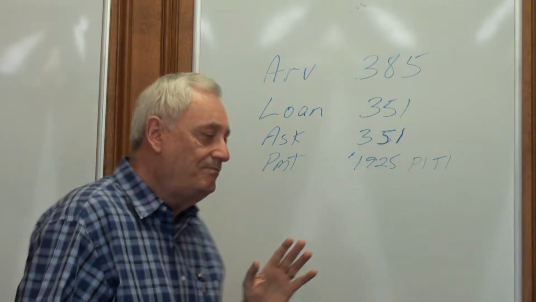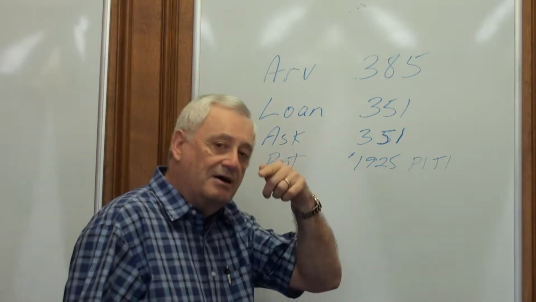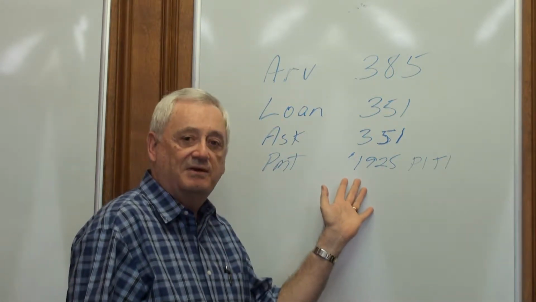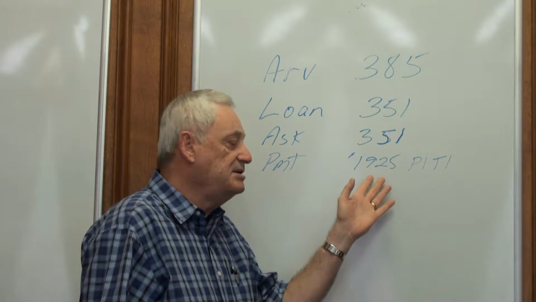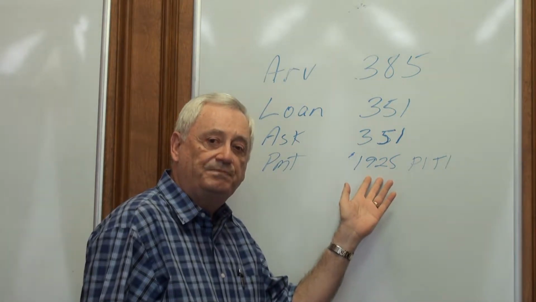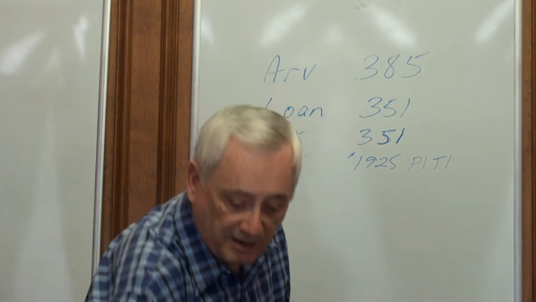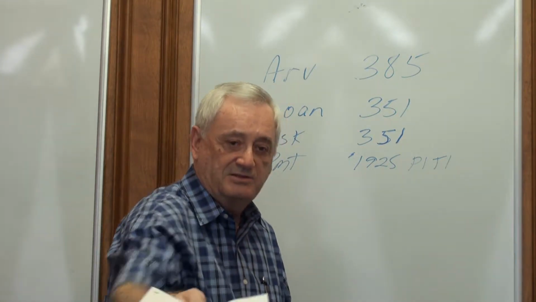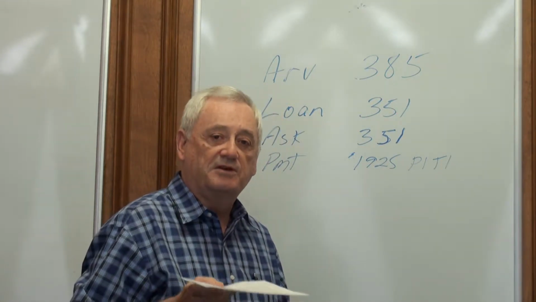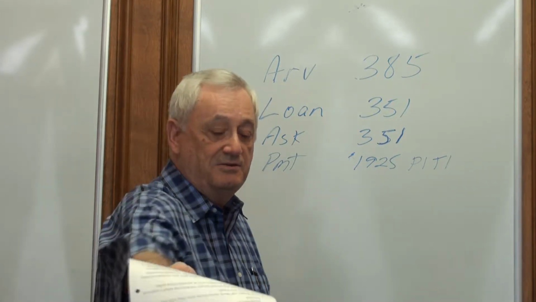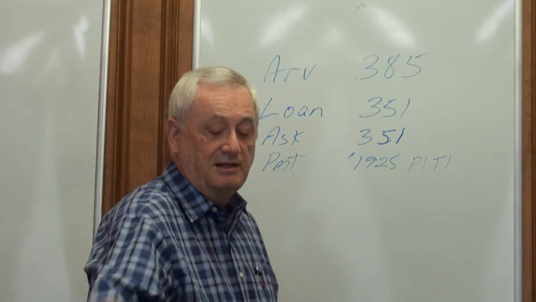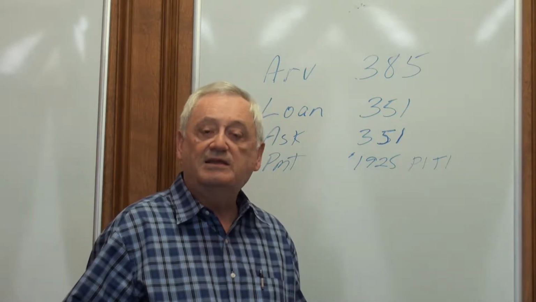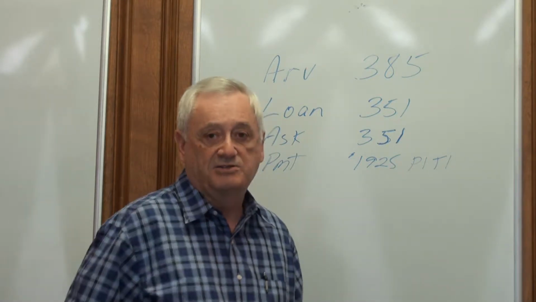So here's the problem. If he would have just deeded me this house, he would have had no kind of a document whatsoever showing that this $1,925 payment was being made. You see, if the seller hands you a deed, you do own the house, because that's all it takes to transfer title, my friends, is if a seller signs a deed and hands it to you, you own the house. You don't need the lender's permission. The loan stays on it. Everything, all the liens, stay on it, but you own the house.